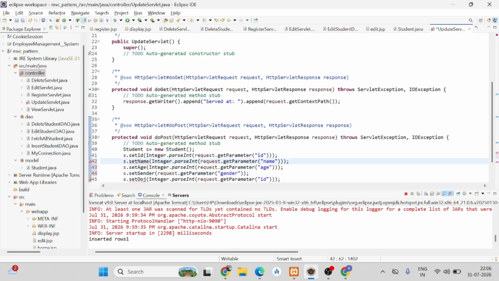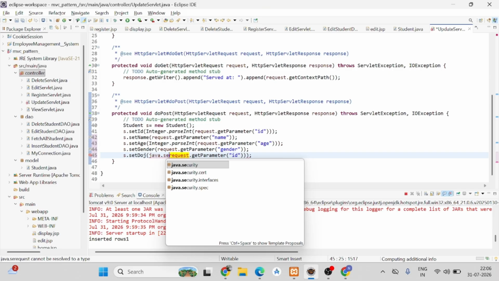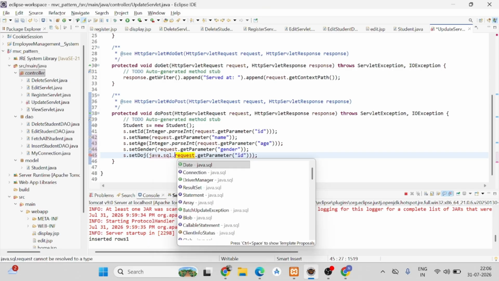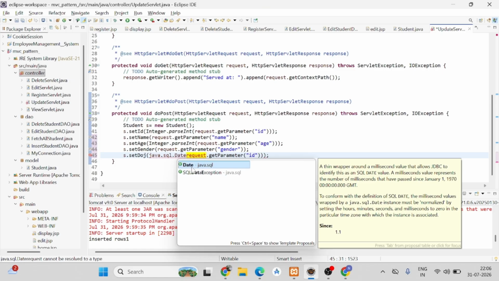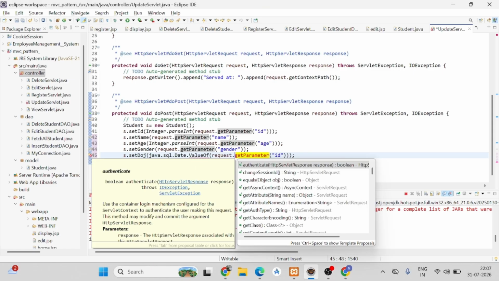Name, and here we have to change it into java dot sql dot Date. Okay, valueOf of request. Okay,